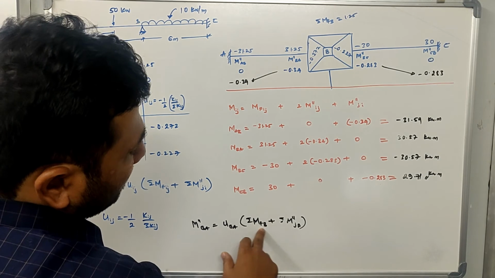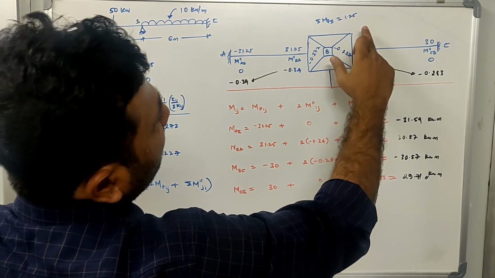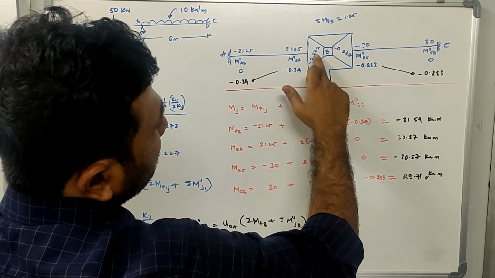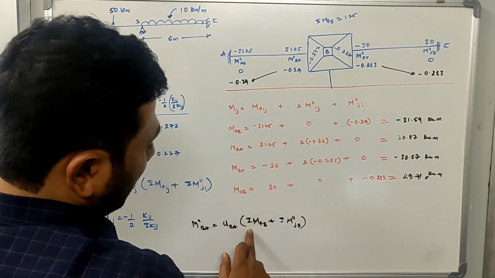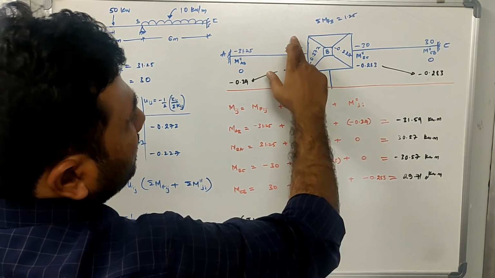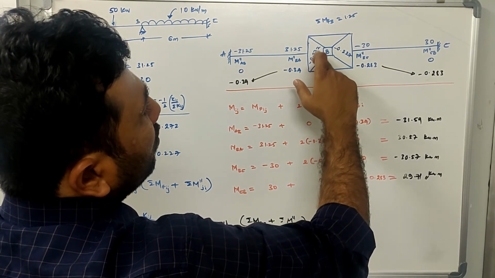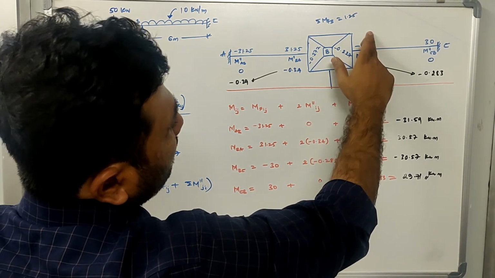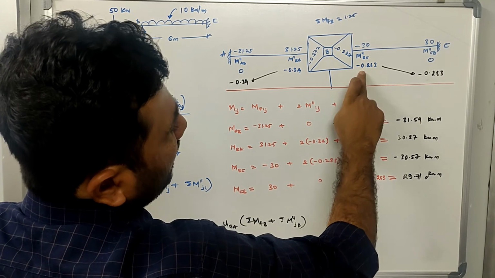Only this one, which is the summation of fixed end moments. Summation of fixed end moments means what? 31.25 minus 30, and this summation has to be multiplied with the respective values of the rotation factors, to be written over here. So the summation of MFAB, which is 31.25 minus 30, is multiplied by minus 0.272 and written over here. Similarly, 31.25 minus 30 multiplied by minus 0.227 is written over here.